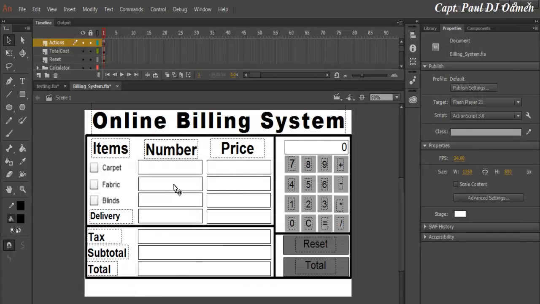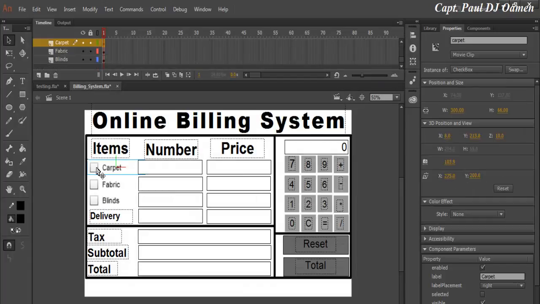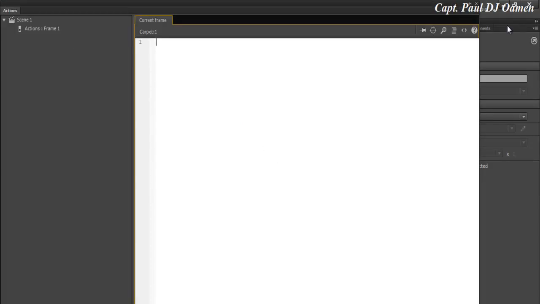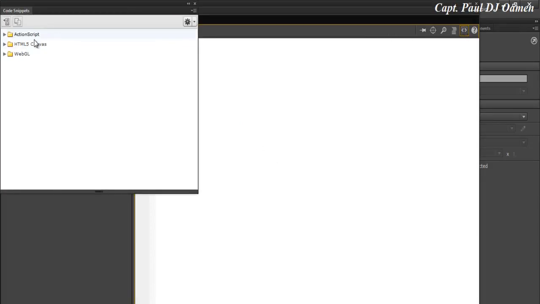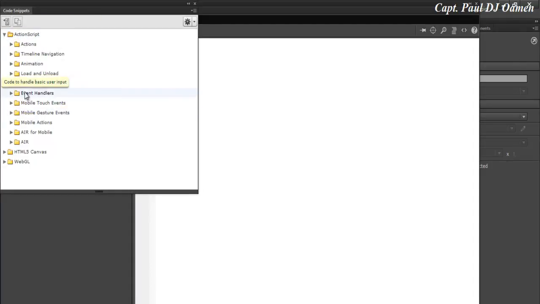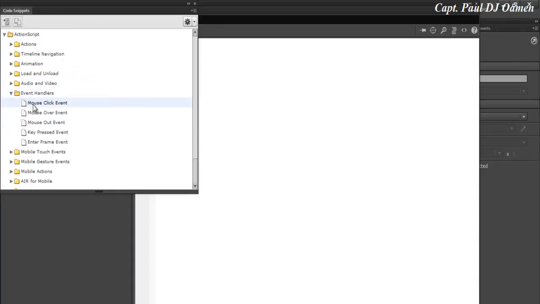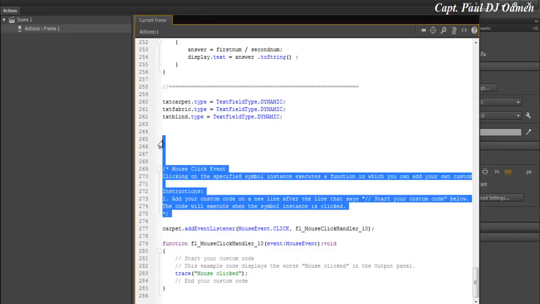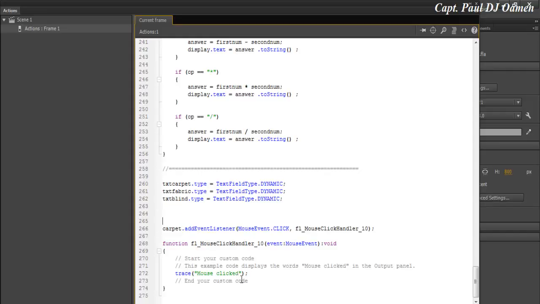So what I want to now achieve is to use this checkbox. Make sure the checkbox itself is selected. Okay, and in there, that's the name of the checkbox. I'm going to right click on it and select action. Let's change the event to mouse click. There we go. I want to get rid of this. It's going to cause some problem. Just get rid of it. And right in here,